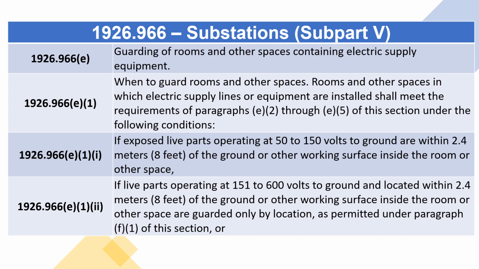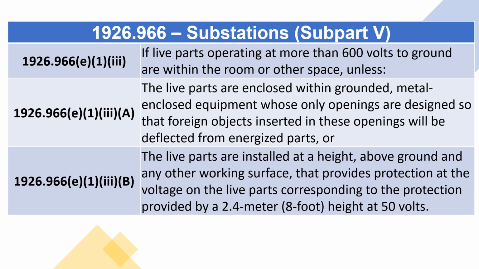1926.966(e)(1)(i) through (e)(1)(iii). If exposed live parts operating at 50 to 150 volts to ground are within 2.4 meters (8 feet) of the ground or other working surface inside the room or other space, if live parts operating at 151 to 600 volts to ground and located within 2.4 meters (8 feet) of the ground or other working surface inside the room or other space are guarded only by location, as permitted under paragraph (f)(1) of this section, or if live parts operating at more than 600 volts to ground are within the room or other space, unless